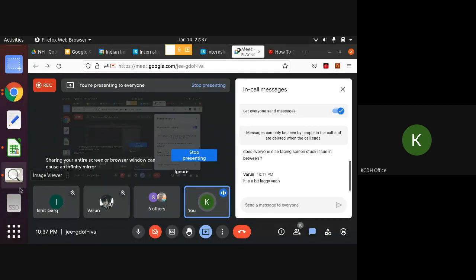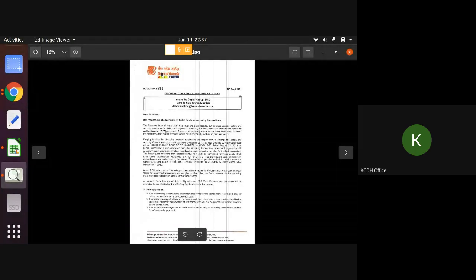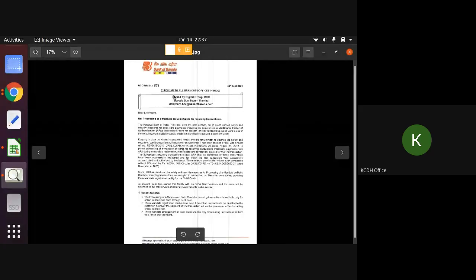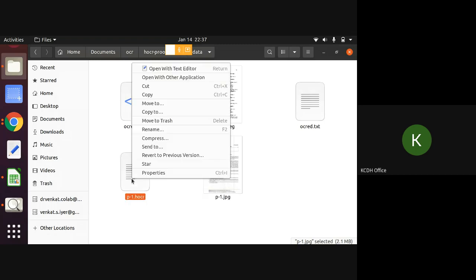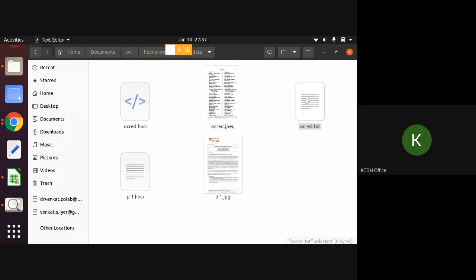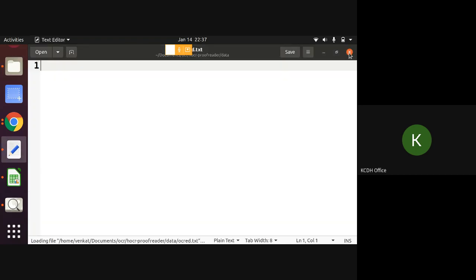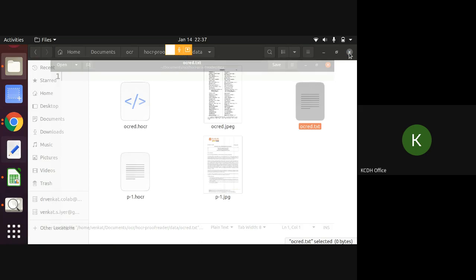This is from an actual document. You can see that as an image here. This image is actually one from our project that we are doing, a Bank of Baroda circular. You see that the image has some English text. We did an OCR on top of this. When we did the OCR, let's see if the OCR text is the same. It's not.